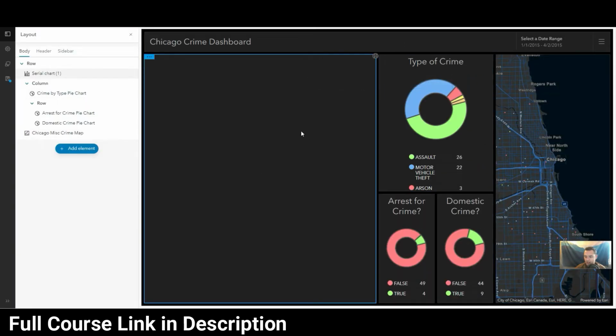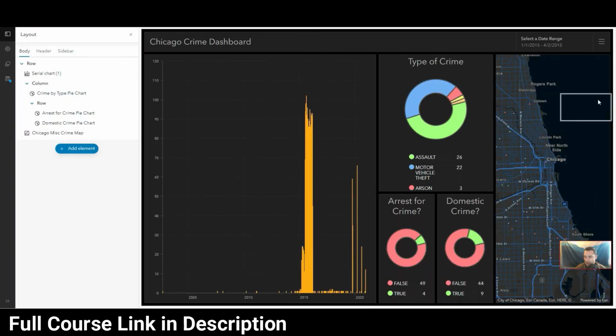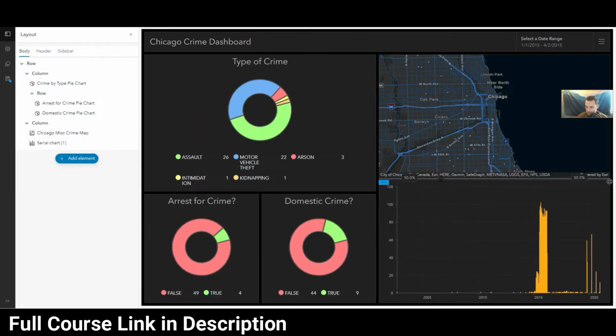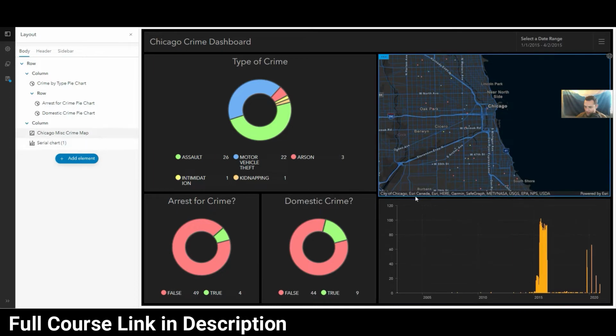And I want to go ahead and lay this out real quick so that way we can put this in the bottom right here. Okay, cool. So we got something going on here, but this is definitely not the final version. The one thing I want to do though is I do want to immediately, just because of how little there is all the way back to 2001 and all the way up to 2020,